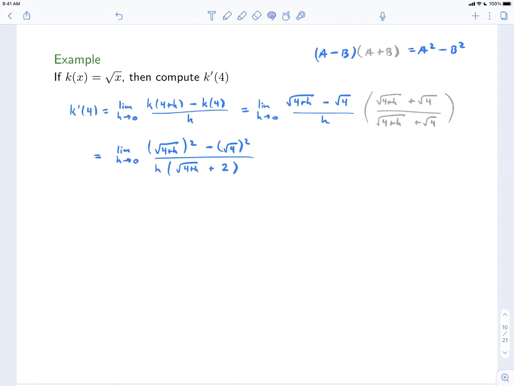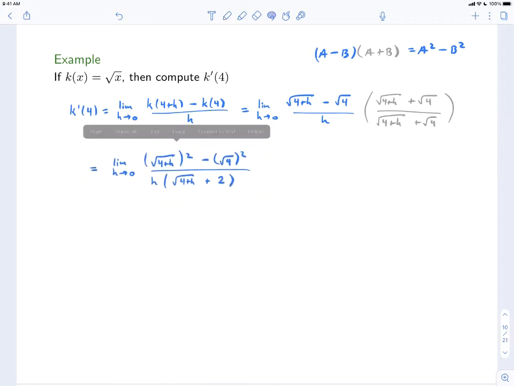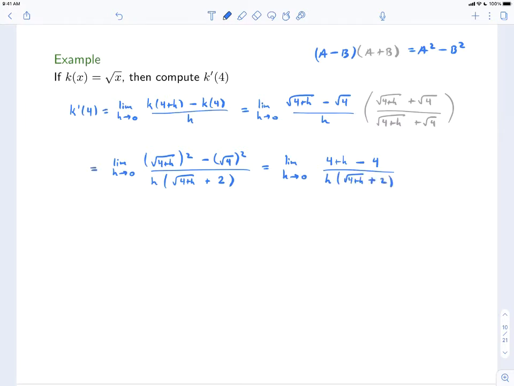Okay, let me just move this down just a little bit. Okay, so now this is the limit as h goes to 0, and we compute the square of a radical, so the radical goes away, so we have 4 plus h minus the square root of 4 squared, so that's 2 squared, which is 4. And we divide this by, and you don't do anything to the denominator, you just leave it as it is. So it's h times the square root of 4 plus h plus 2. And we have this 4 cancels with that 4,